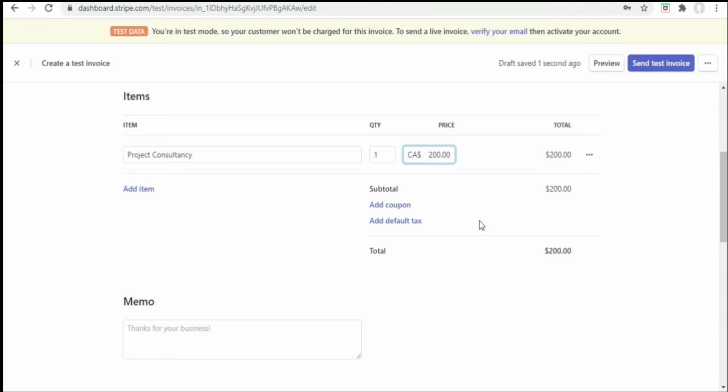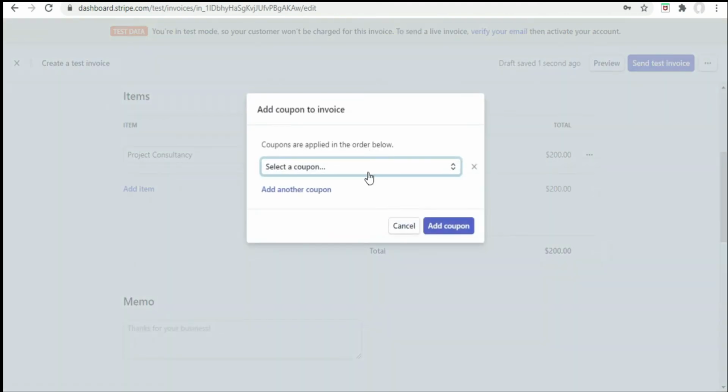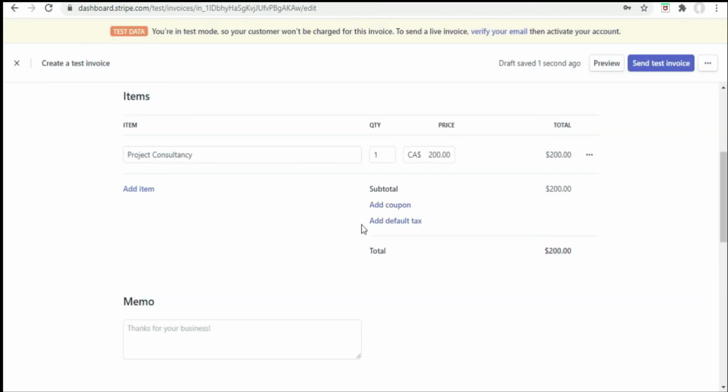And then if there is any coupon to be added, you can click here and you can give that option. If you're adding taxes, then you add these taxes. And now here on the memo, you can type anything you want. Say you want to thank the customer, or you want to give an insight of what this consultancy would be. So you can use that remarks out here: thanks for the business.